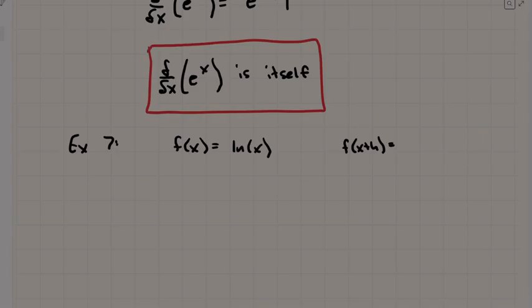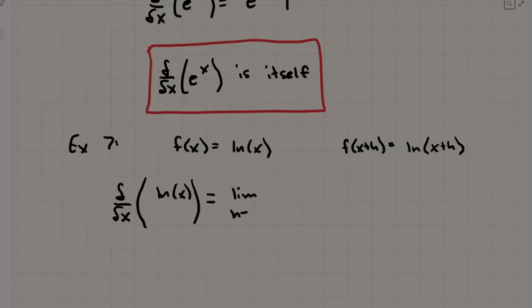So for f(x + h), that'd be ln of x, substitute in x + h, ln(x + h). Okay? So then the derivative of ln(x)